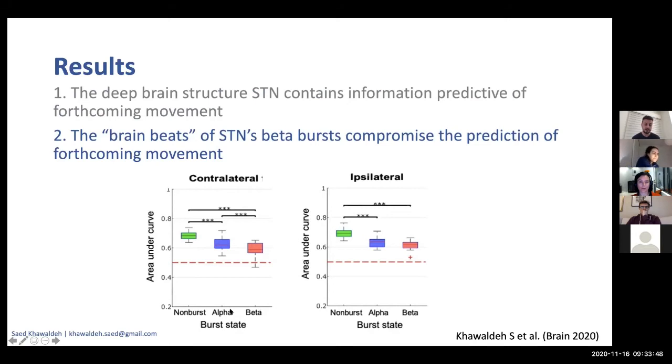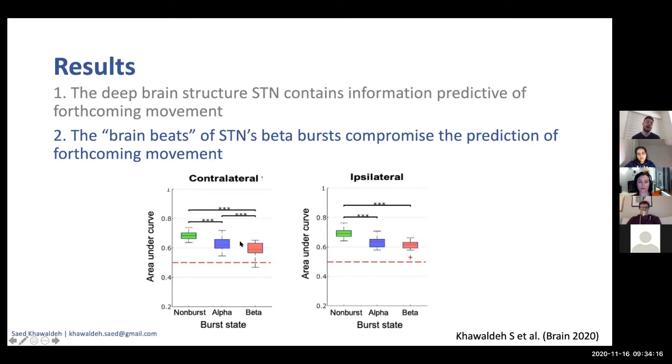alpha, and beta. And what we're getting here is that when there is a beta burst, we're getting the lowest possible accuracy, something around 60%, which means that beta burst presence negatively affects the prediction of movement, which means there is a higher motor impairment when there is beta activity. However, when there is no burst, we have a significantly higher accuracy, area under